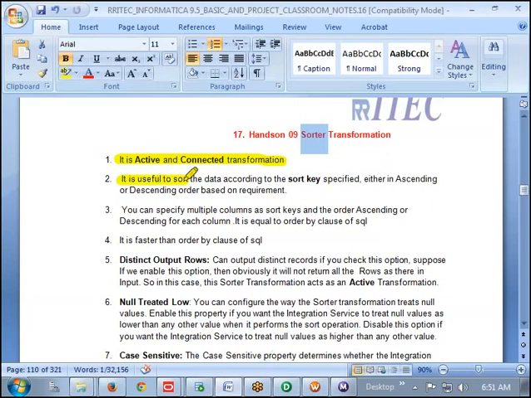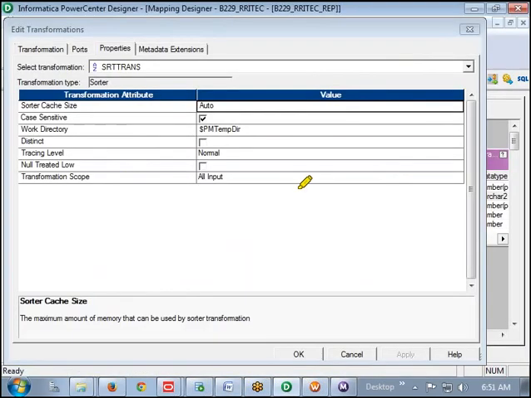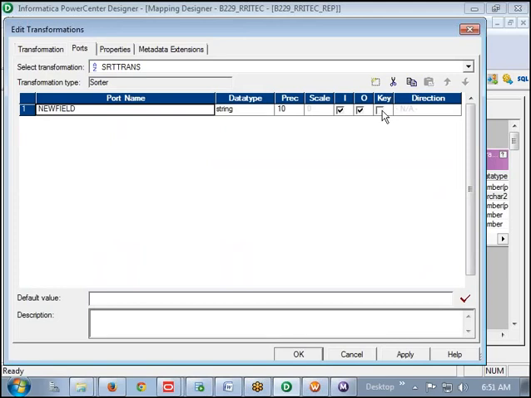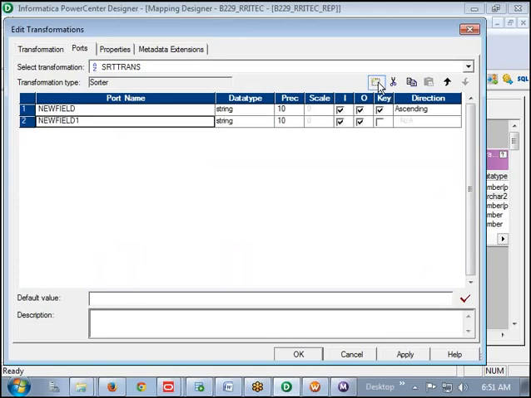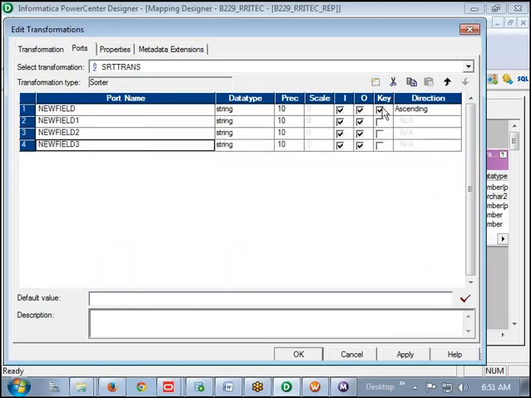It is useful to sort the data in either ascending or descending order based on the requirement. In the sorter, we have the freedom to select the column on which you want to sort the data. Whatever column is selected, the data will be sorted according to that column. You can select ascending or descending, and you can select multiple keys also.